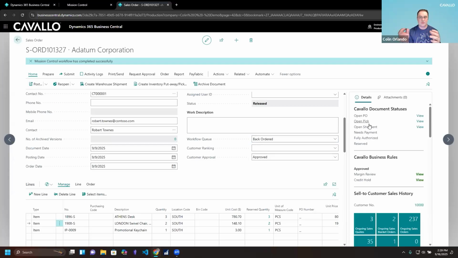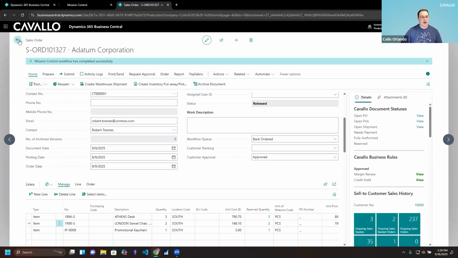And I do want to reiterate, we work well with Tasklet, InsightWorks, any sort of WMS tool that uses base Business Central technology. We integrate very well with them, and as processes happen on the scan gun, you'll see them happen on our document statuses in real time as things are partially picked, fully picked, partially shipped, partially invoiced. All of that will be right here in your document statuses window.